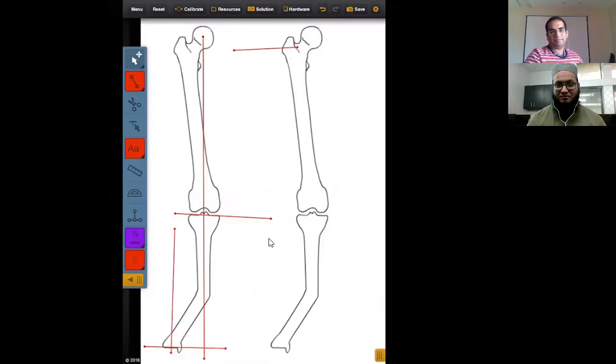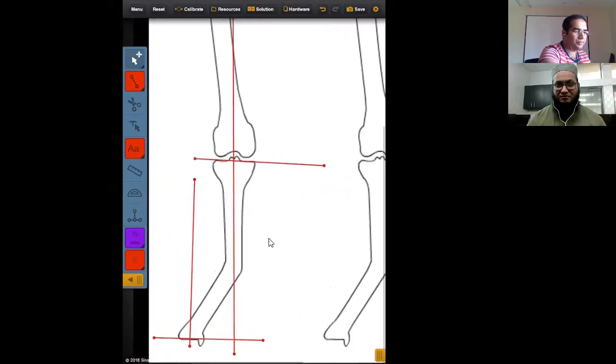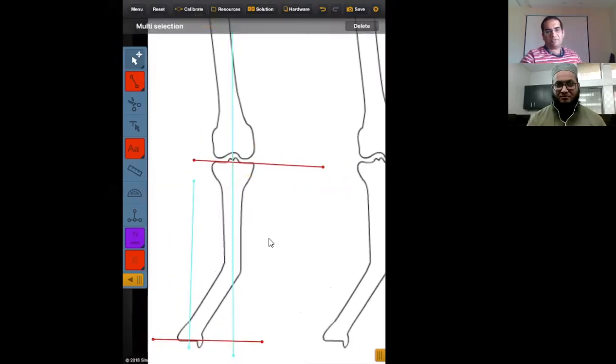Now what has happened? As you can see here, both the reference lines of the proximal tibia and distal tibia are not joining with each other. So you are not able to get a cora. So what does it mean? It means obviously there are deformities of opposite magnitude. There must be a varus and valgus in this X-ray which are not compensating. So that's why both reference lines have gone apart.